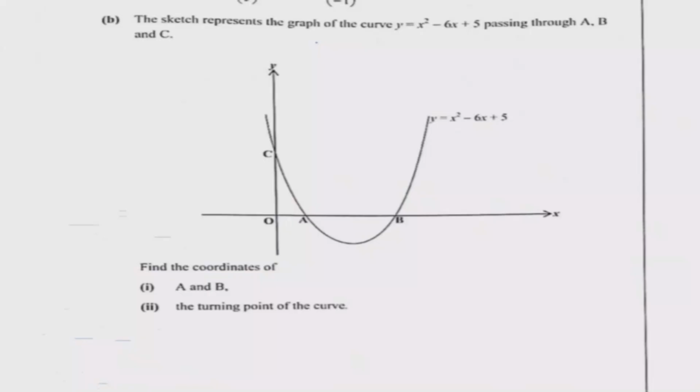Okay, so we come to question B, which is as follows. The sketch represents the graph of the curve y is equal to x squared minus 6x plus 5, passing through A, B, and C. Okay, so we can start the diagram. Then the question is, find the coordinates of A and B. To find the coordinates of A and B, what we're going to do is get the